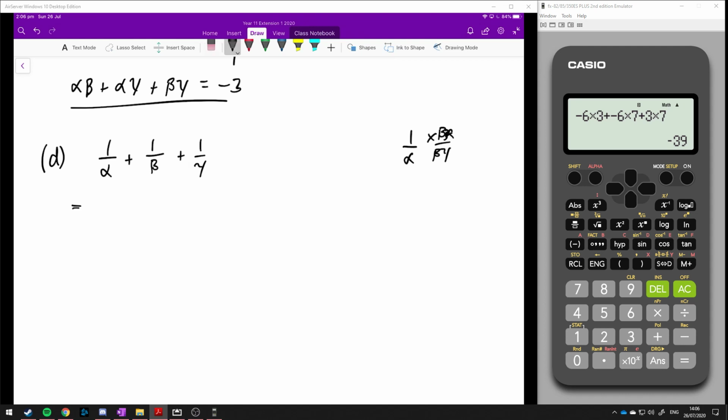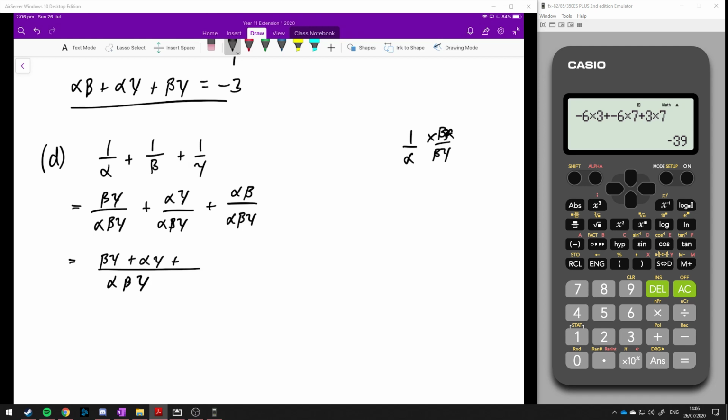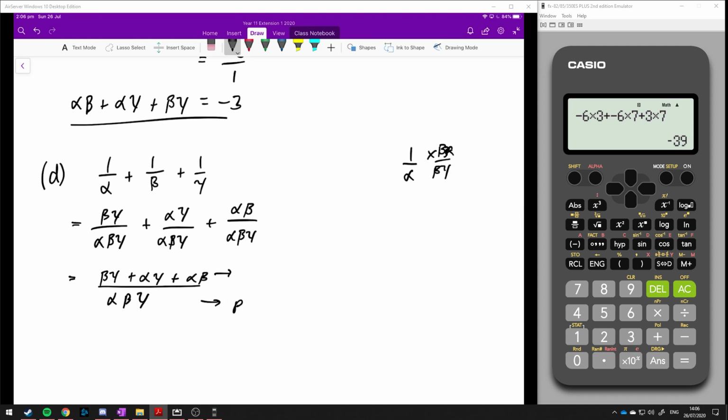So 1 times beta gamma gives us beta gamma over alpha beta gamma plus, now this one is going to be alpha gamma over alpha beta gamma plus, and this one's going to be alpha beta over alpha beta gamma, just like that. And so that's going to give us the common denominator of alpha beta gamma, and on top we're going to have beta gamma plus alpha beta, which you will notice is the product on the bottom and the sum of the doubles